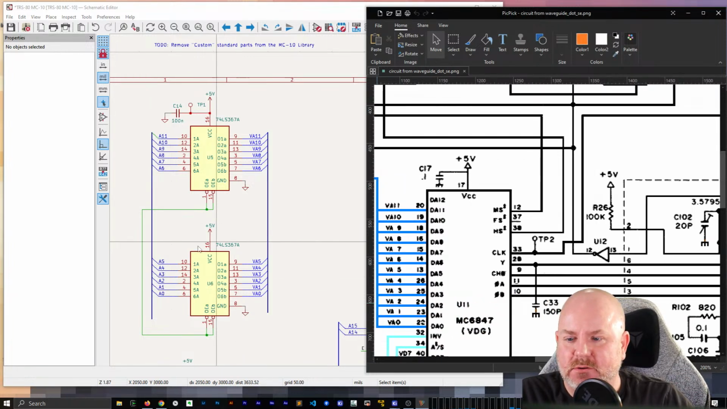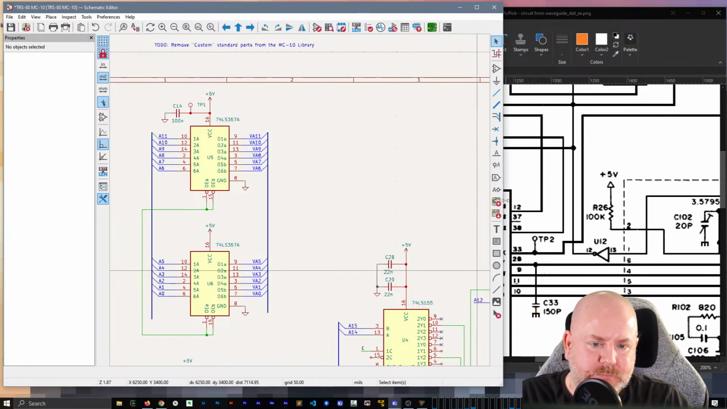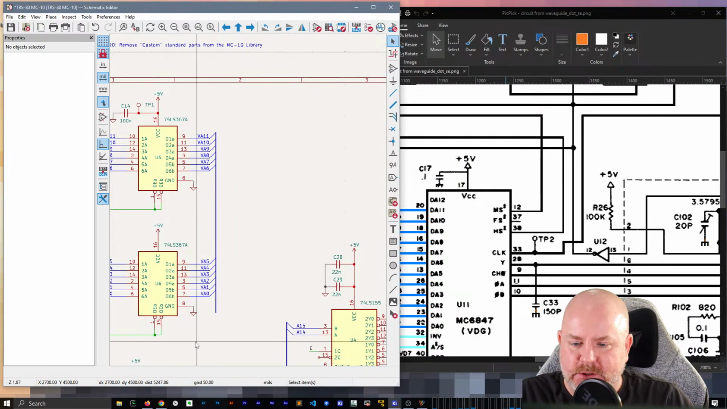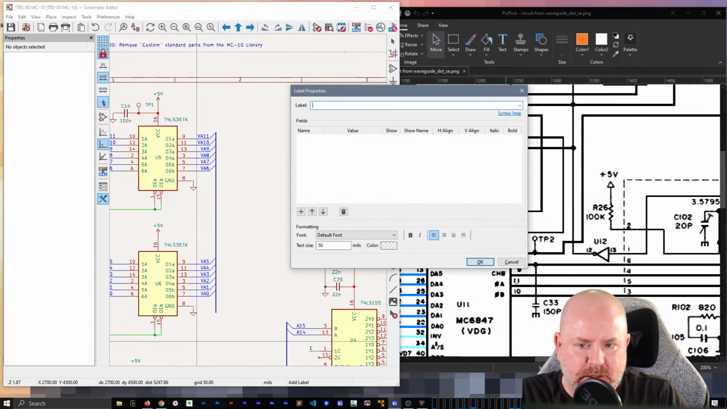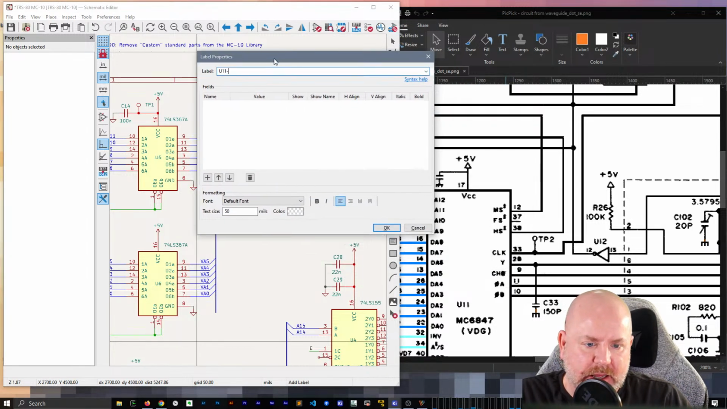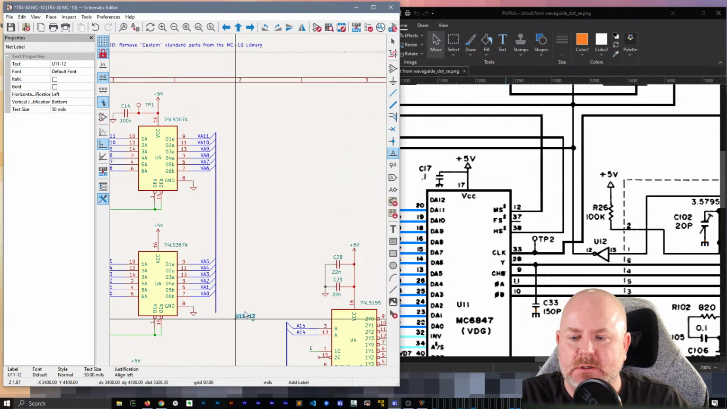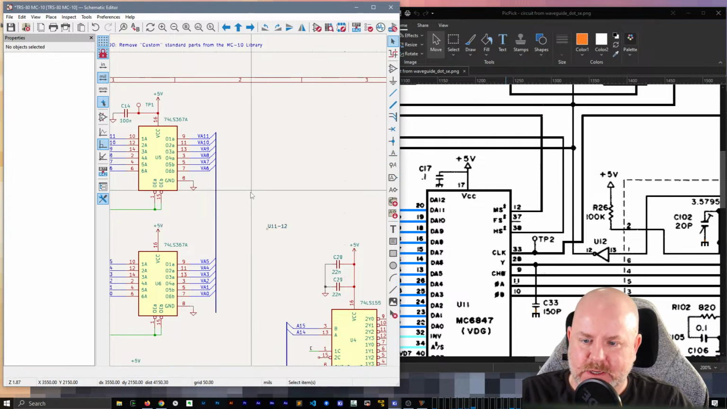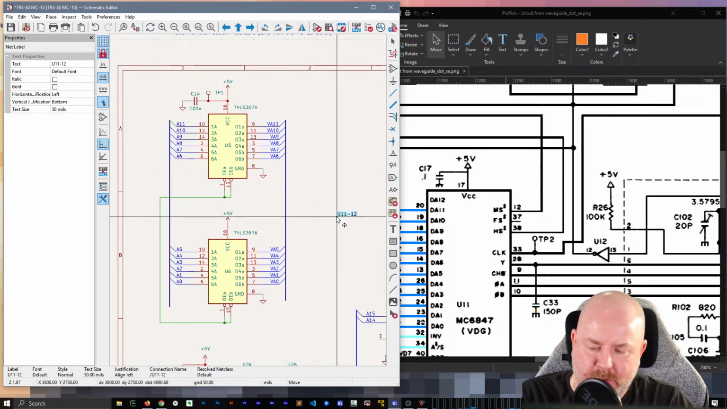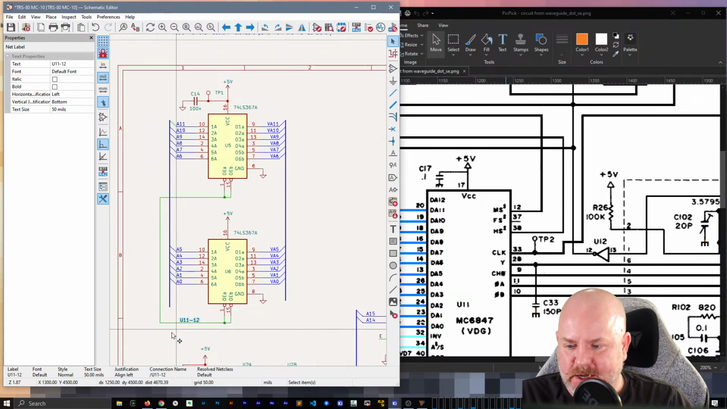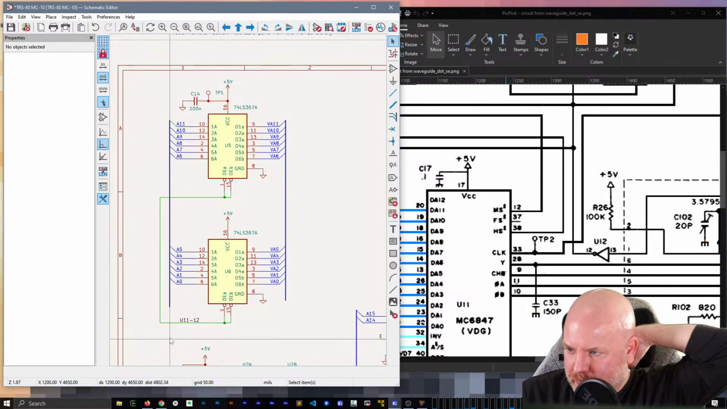Okay, so that's going to connect to, I'm going to do the same thing I've been doing on these others. I'm going to add a label just so that I can find it later. U11, and it's pin 12. This is actually something I got from the Apple II schematic. They did this quite a bit, where some of the nets, they would just say where the signal was going